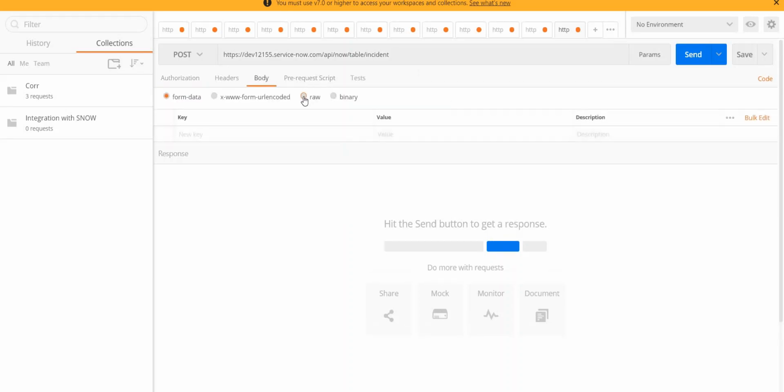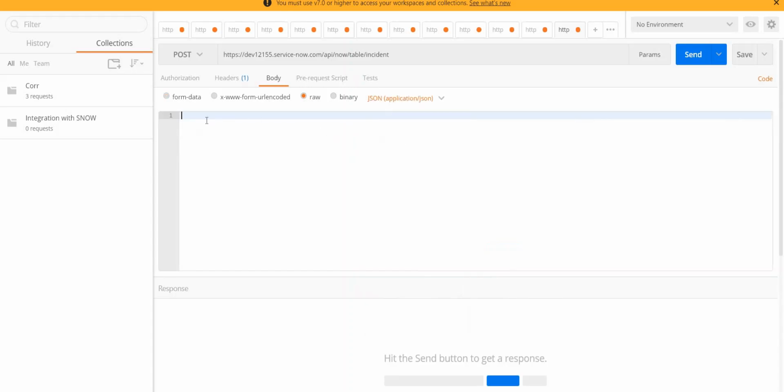And then I am going to use the JSON object. First is short description that I want to pass. Second variable that I want to pass is description. Let's pass one more thing, impact. So this is my object, and